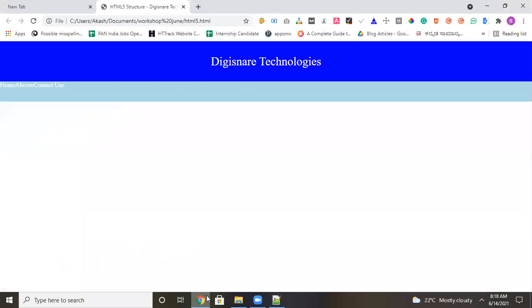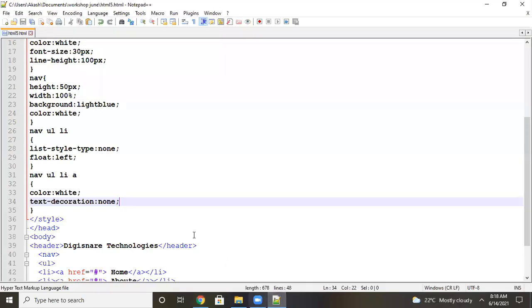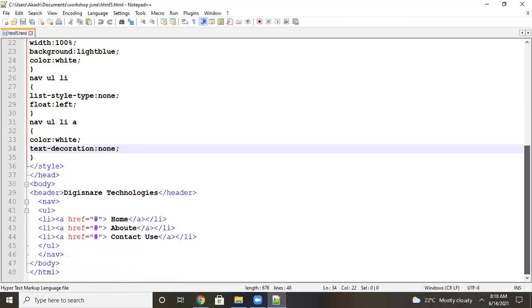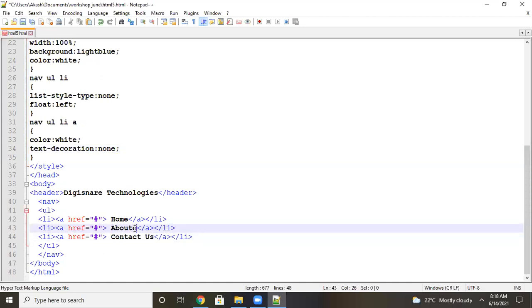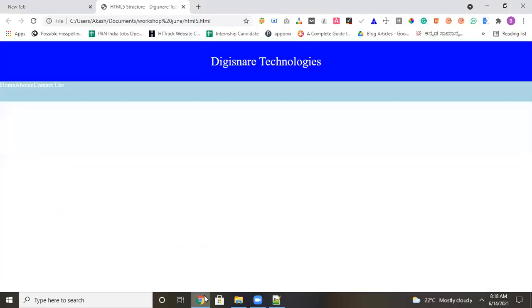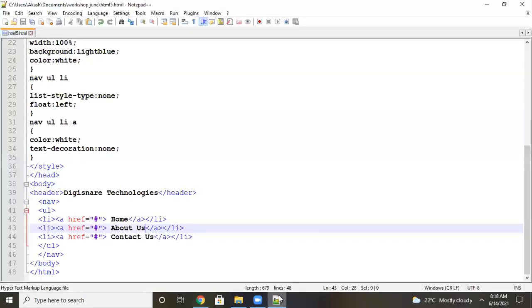Now you can see it is there here. But now spacing is also required. Home, about us, contact us is there, and in between we need a space. How will we apply the spacing?